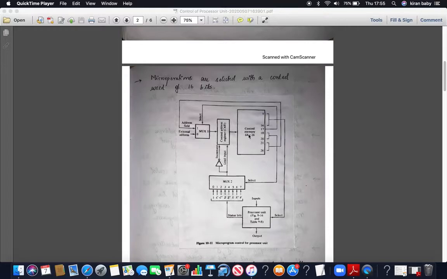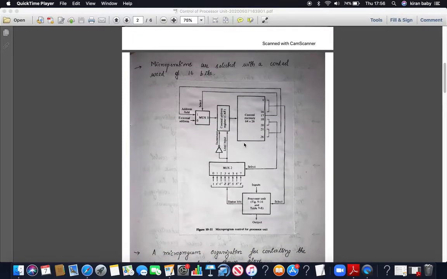In case of a microprogrammed control unit, apart from the hardware components, there will be a microprogram written that will control the entire functionality. So whenever a modification or a new operation needs to be incorporated, you needn't change the hardware. You can update the control memory. You can just change the program accordingly. So that's about the control memory.